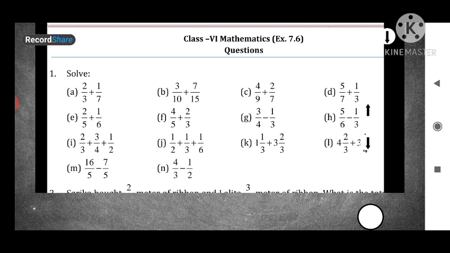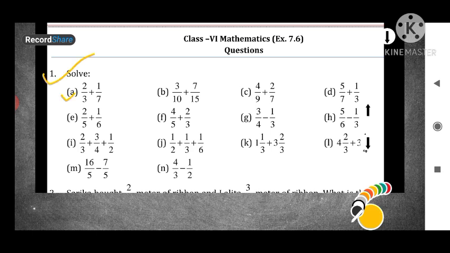So this is all about fractions, and you can see in the previous exercise 7.5 also we had some fractions, isn't it? We had to add fraction values. Now here the denominators are not different. If their denominators are different, then can we add directly or not, we will see.